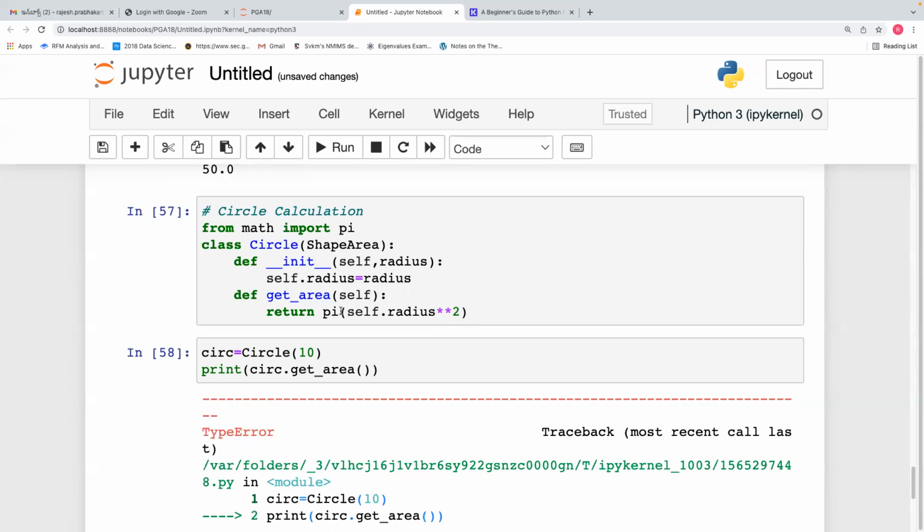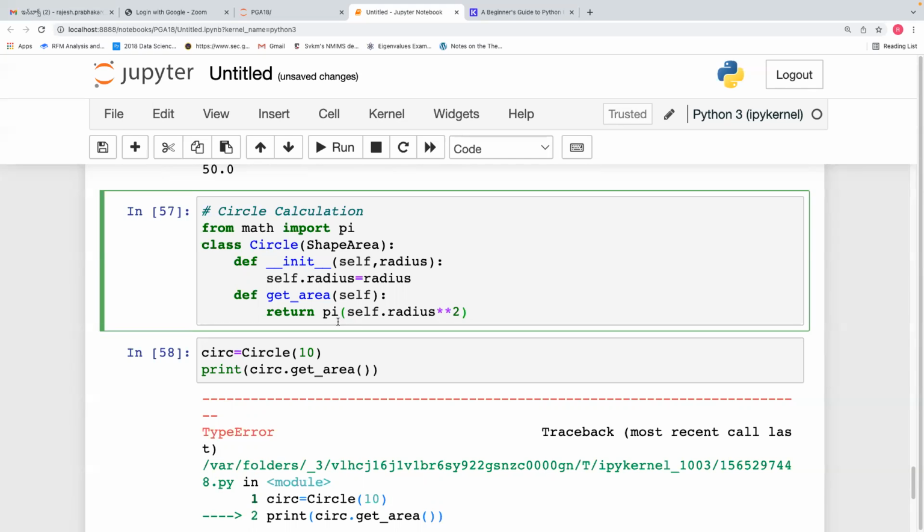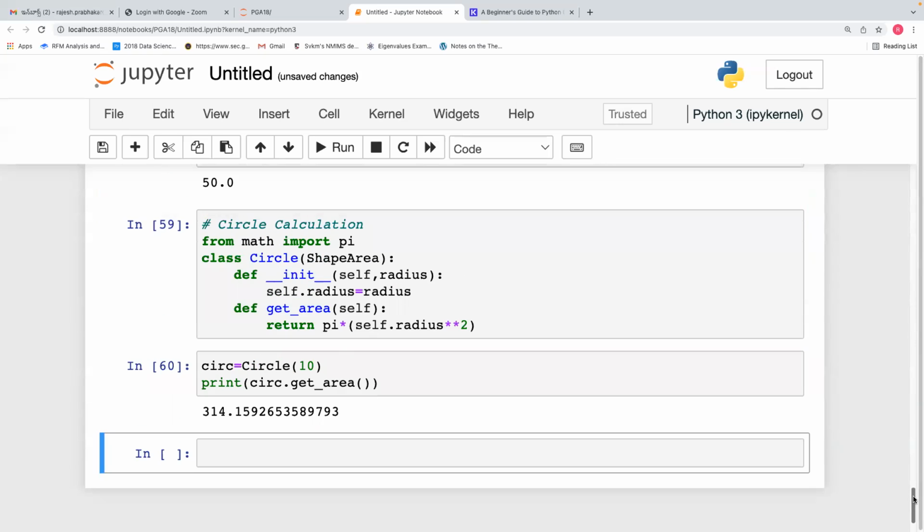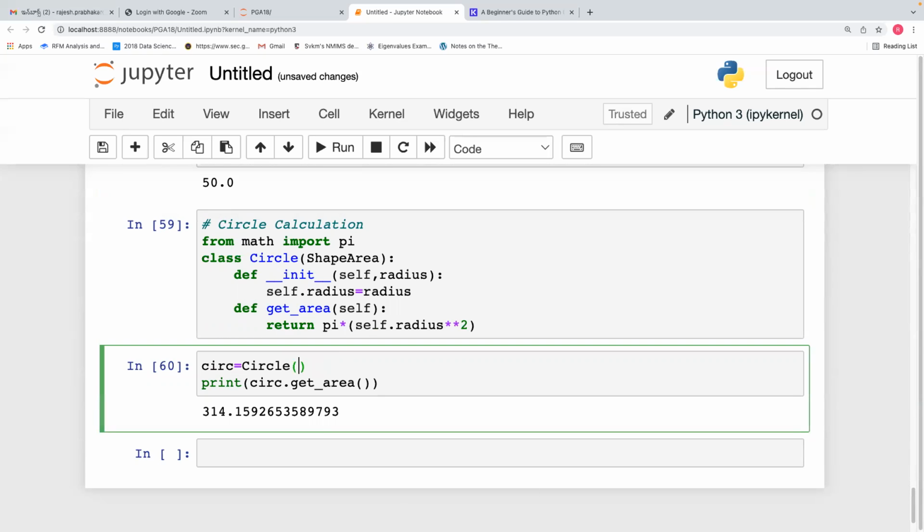Oh, forgot the multiplication sign. Sometimes we take that for granted, right? There is the area of the circle if the radius is 10. If it is 5,